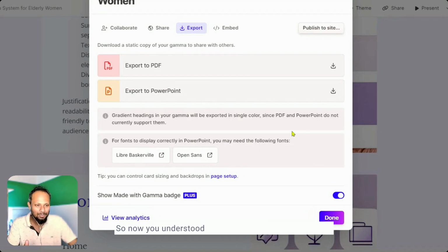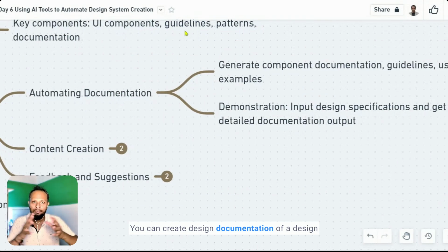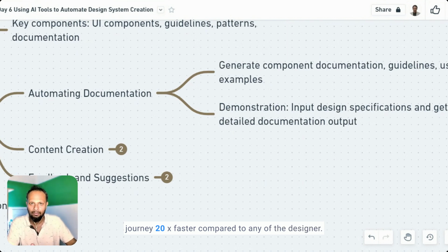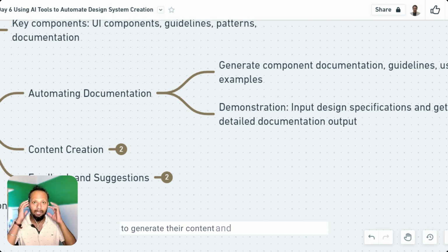So now you've understood the power of using generative AI. You can create design documentation or design case studies in just 5 minutes, 10 minutes. That's why I told you, you can make your journey at least 20x faster compared to any other designer. First, a lot of people will not know how to even implement the design system. They also will not know how to find the right elements from the design system. After that, they'll not know how to use AI to generate their content and make it even more